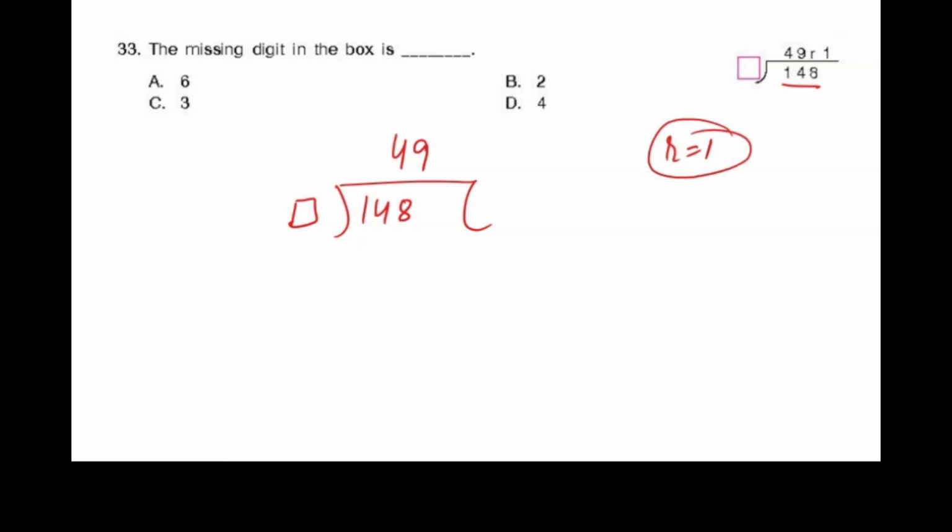Question number 33. The missing digit here. Okay, we have to divide 148 by any of the digits given here, 6, 2, 3, 4, and the remainder will be 1. So 148 divided by a number is giving 49 with the remainder 1. We know that quotient times divisor is equal to dividend